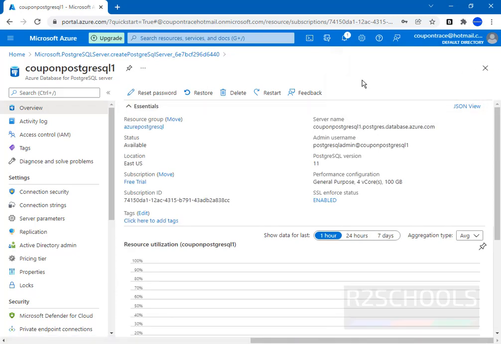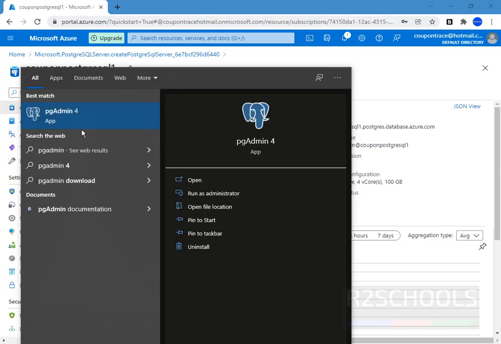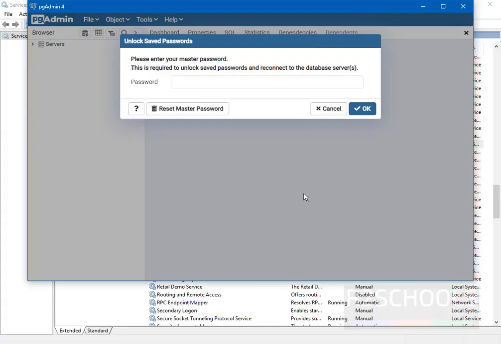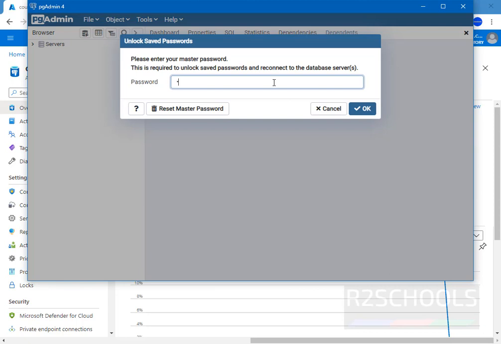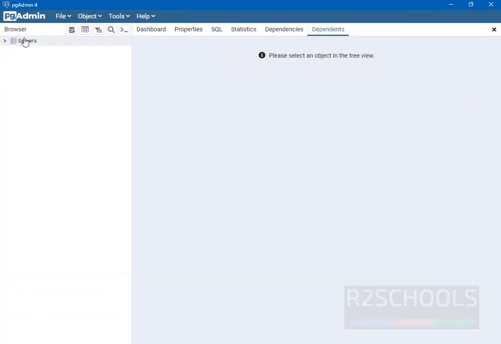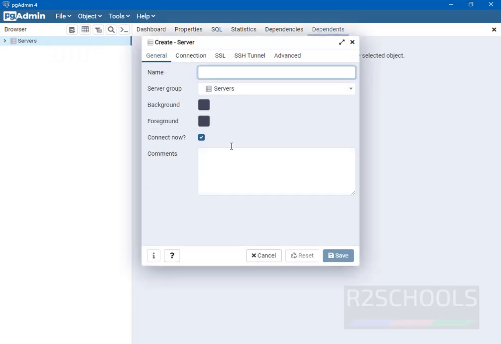Now open pgAdmin. Start pgAdmin. I have installed pgAdmin 4. Now provide the password. Now click on Servers, right click on Servers and select Create and then select Server. Here name anything, but give the same name as the server name in the Azure portal.